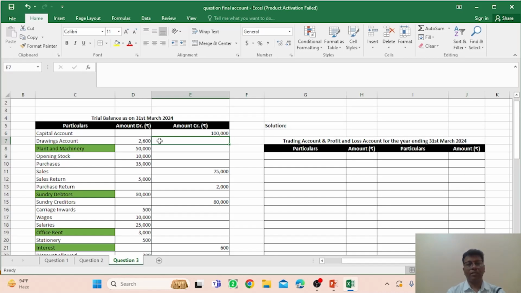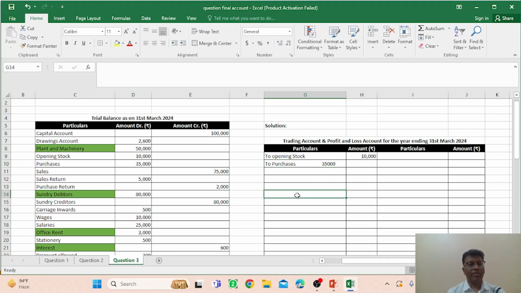Opening stock 10,000, that is the part of the trading account as I told you. So you have to write here to opening stock, that is rupees 10,000. And purchases is given to you. We don't need to write in the inner column because there is no any adjustment. Okay, we just write it, put it outer column. And purchases, to purchases, because there is a purchase return, so you should write in the inner column rupees 35,000,